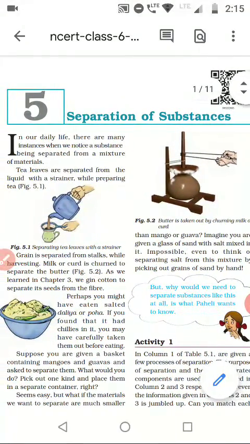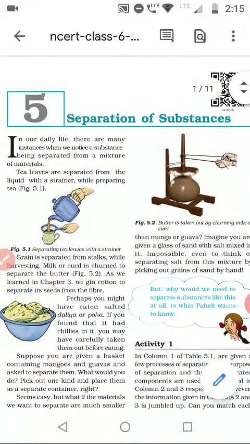Now, before starting this topic, let us understand what is the meaning of separation. Separation means to move apart or to take apart. Suppose you might have observed sometimes that in a bunch of wheat which your mom brings from the market, there may be 2-3 grains of dal also in that. So how do you separate it? You just hand pick it, pick by your hand and separate it.